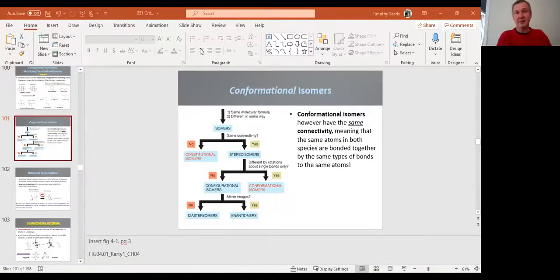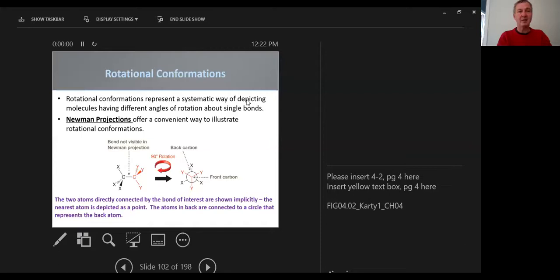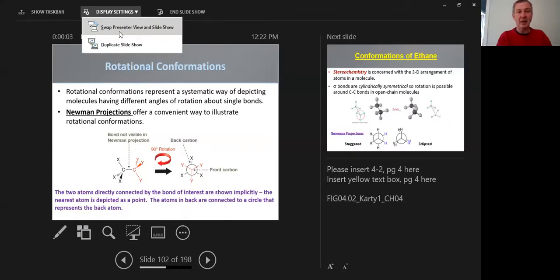Welcome to chapter 4, and I think the 9th video. We're going to enter into a whole new idea, whole new topic here, and that has to do with isomerism. We introduced some forms of isomerism already, and we're going to approach it in a much more interesting way, I think, right now, in that what we have in isomerism is